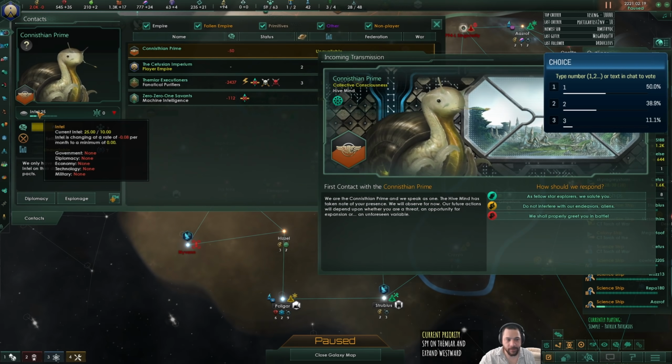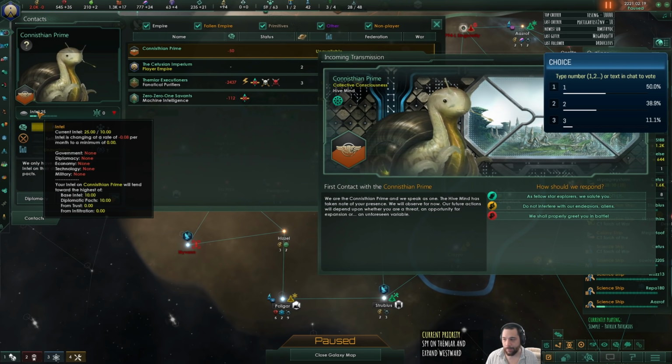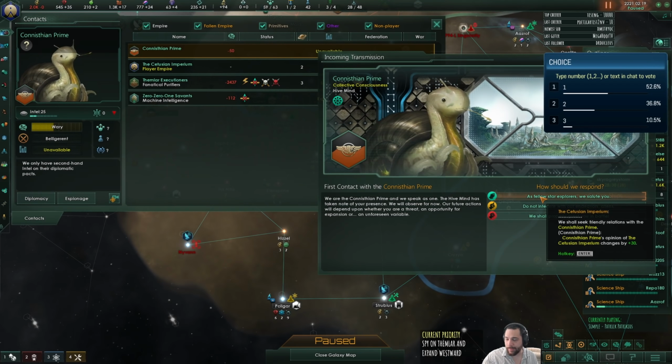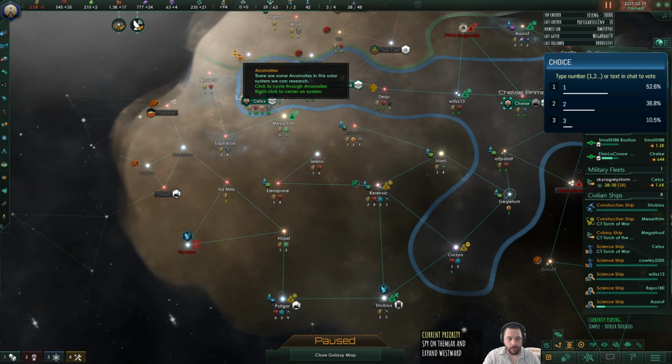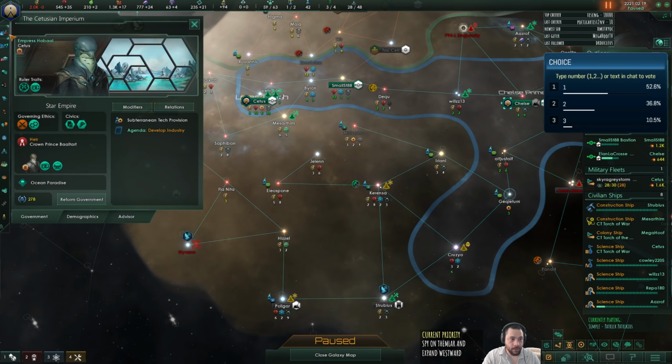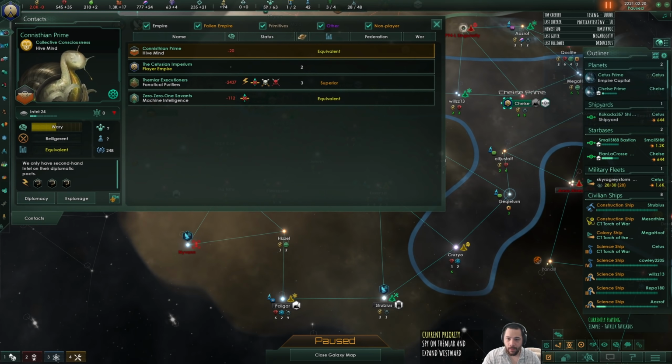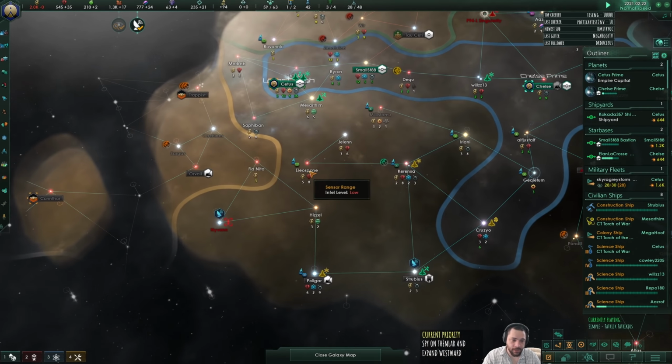And then we're starting with a little bit of intel on them because I did choose to hack them. Or rather, you chose to hack them. So I think greeting them wins by slight margin. So here, as you can see, I'm at negative 20 now because we've greeted them. Close that down. So it's possible that I have an ally in the mix here,